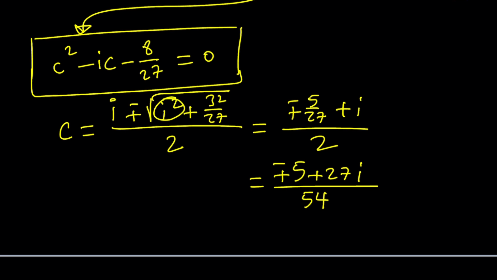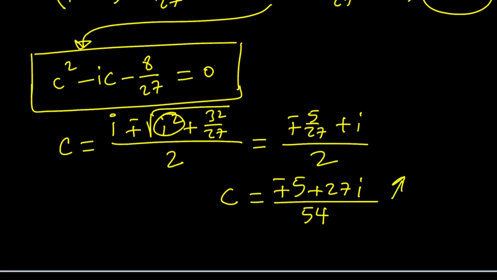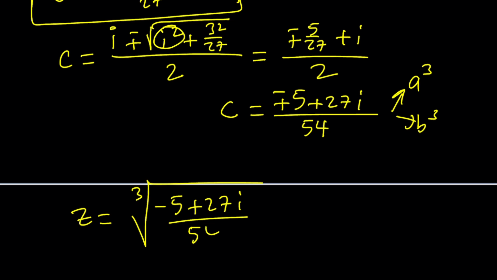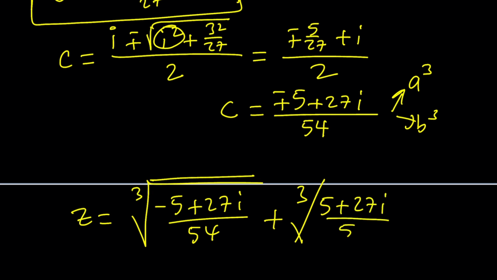And now these are the c values, and c is a cubed or b cubed because they're interchangeable, right? So from here, by taking the cube roots of both sides, we get the values of a and b, and by adding them, we get the z value. So this is what z looks like. The cube root of negative 5 plus 27i over 54, plus the cube root of 5 plus 27i over 54. Notice that 54 is 2 times 27, and you can easily cube root 27,